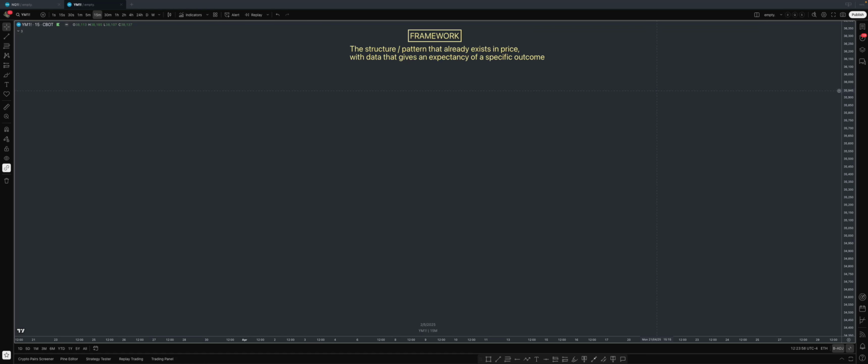of a specific outcome. So in essence, it's something that you aren't expecting to happen, you aren't anticipating anything, it's something that you can clearly see. This usually comes in the form of some sort of price pattern or thing that you've seen repeat in the past. You can say that this is the probability at this percentage of time we'll see this certain thing play out. A few examples of this could be